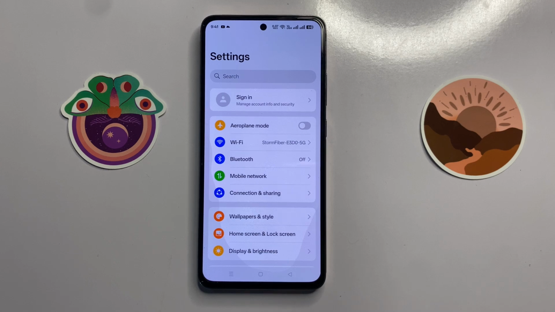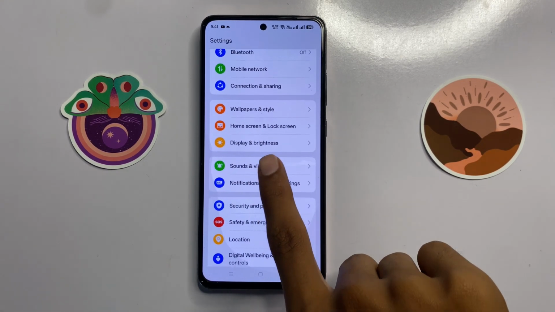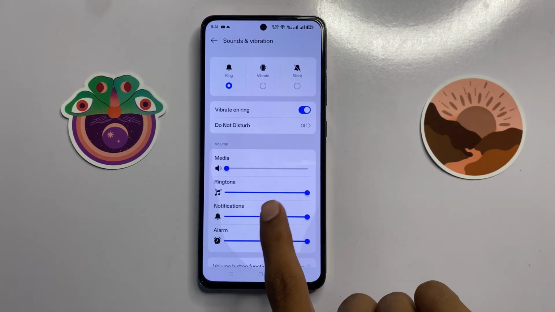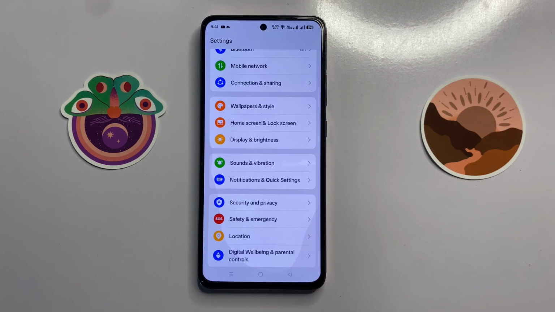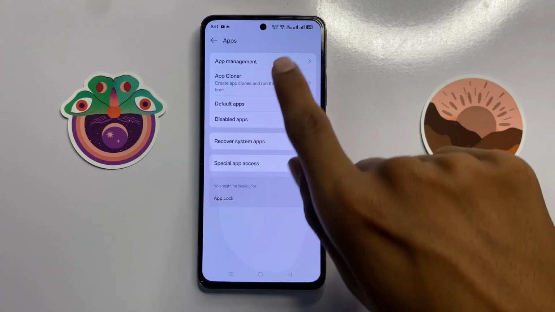In settings, scroll down and click on sounds and vibration, and then here you can turn on your notification sound. After turning on your notification sound, scroll down and click on apps, and then click on app